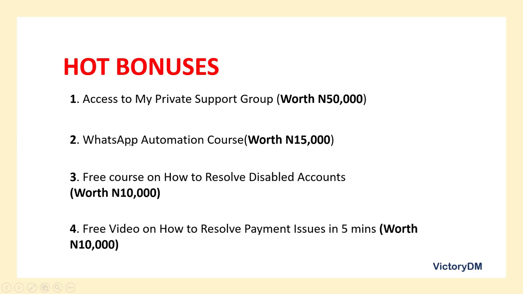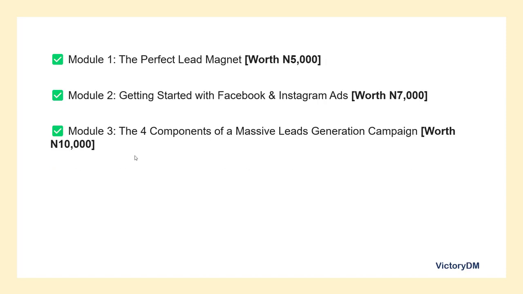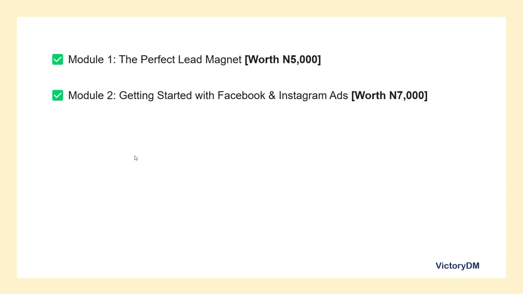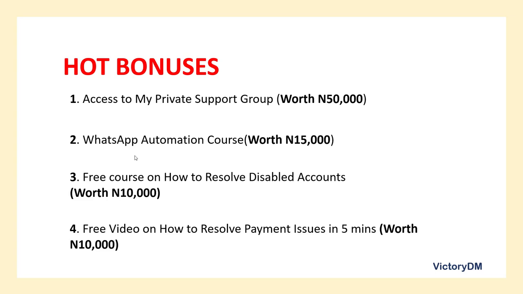And some of these bonuses here are even separate courses of mine. Like, I have a WhatsApp automation course that I sell for close to this amount, right? So if you come and say, I just want to learn how to automate my WhatsApp, I have a separate course for that. But if you're going to get my online course on how to run ads from Facebook to WhatsApp, right, you're going to get all those courses as bonuses. So you can imagine how massive this course is, right? So you definitely don't want to miss out on this offer.